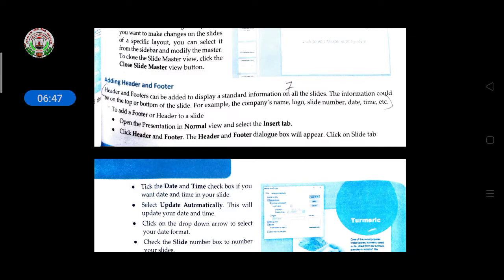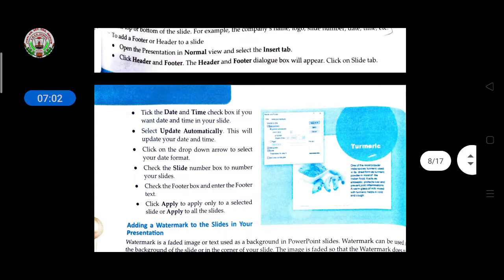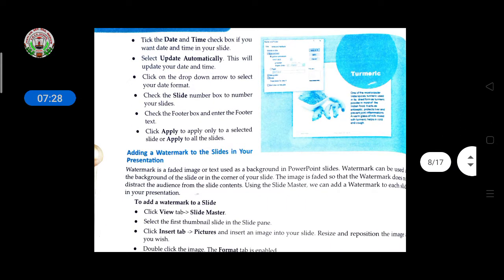Or if you want to show that this is slide number 8, or this is slide number 9, like this, or at the bottom if you want to show the date or page number or any other thing, you can use that header and footer both. Or if you want to put the date or time of that particular presentation, with the help of this footer you will be able to put the date and time, and it will automatically update your time and date according to that day or time.